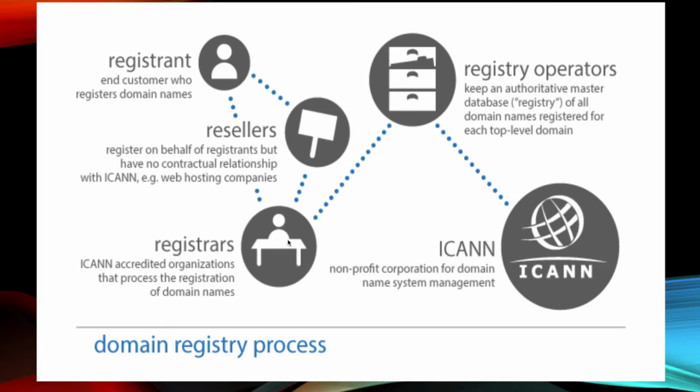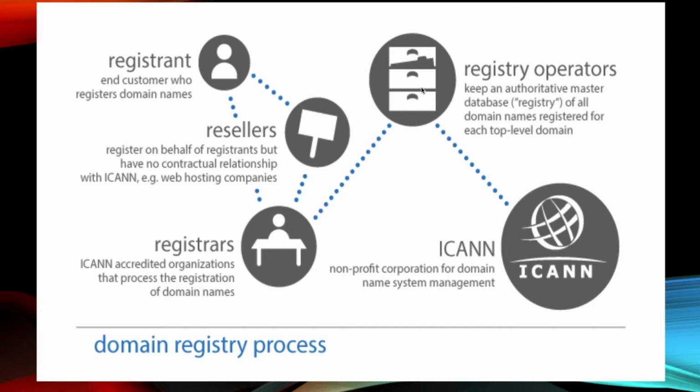Registrar can be your Amazon Route 53, or it can be Google Domains. So you go to them and search for your website, whatever you're looking for, and you register that domain with them. Once you purchase the domain, you provide your information, so they keep it with them, and then they go back to your top level domain. Top level domain is .com or .net. Based on what type of domain you purchased, they tell them, okay, hey guys, this particular domain is sold, and